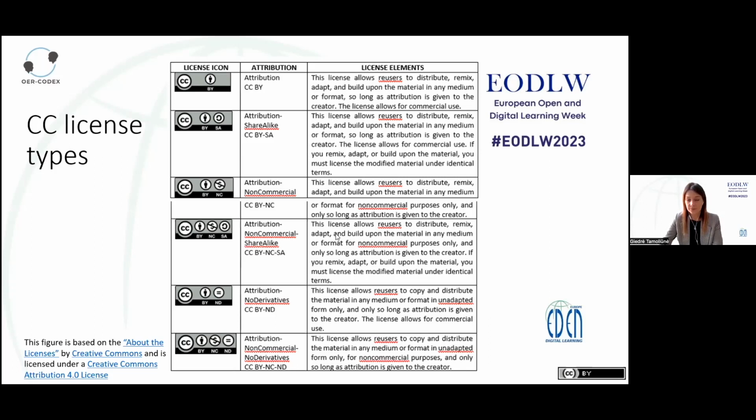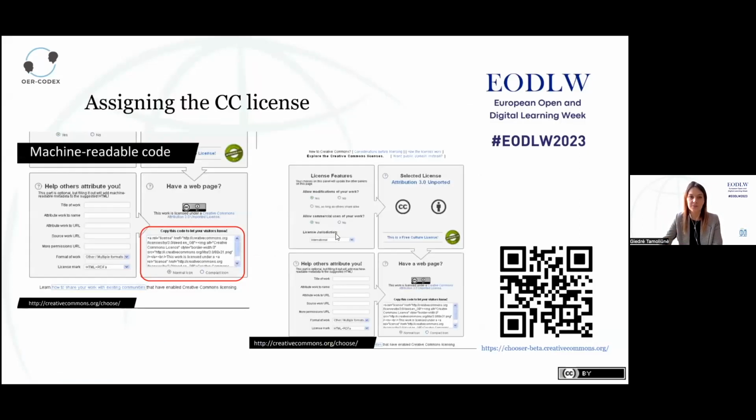As you can see, these licenses refer to different levels of openness. If we look at the top of the slide, you can see the most open license, but still it is not considered to be public domain, while at the bottom are less open license types. And all this information, of course, is presented in a more detailed, consistent way to help teachers to understand how all this should be planned.